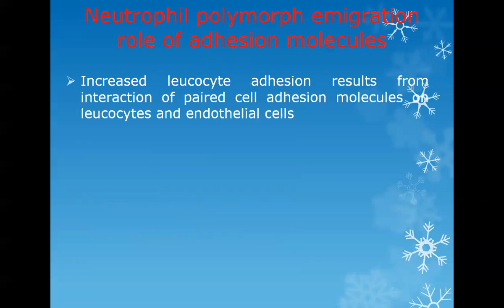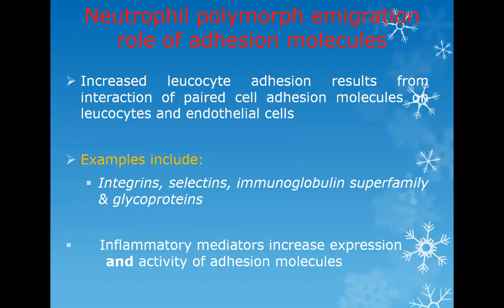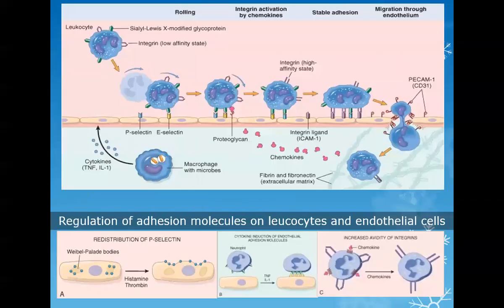Now, what happens then? Adhesion. So the cell gets adhesion on the endothelial cells. For adhesion, you need either integrins, selectins, immunoglobulin superfamily, and glycoprotein. So how do all these things happen? So you have to give me a little concentration, right? Here, what happens? The cell is here, and in the neutrophil, we have integrins and sialyl Lewis X glycoprotein. In the neutrophil, we have two things. One is integrins. Number two, sialyl Lewis X modified glycoprotein.